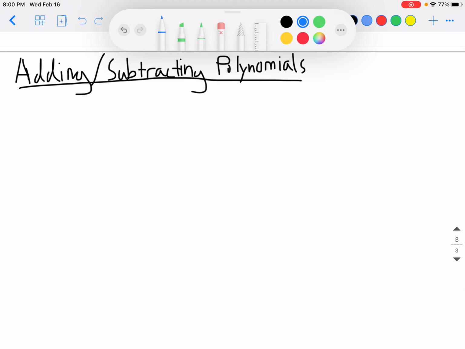Hello and welcome to this video where we're going to do an example of adding and subtracting polynomials. Now in this one I'm going to do a slightly harder example. So what I'm going to do to make it a little bit more challenging is I'm going to include some multiplying first. And so let's say we have 4x and we're going to times this by 3xy minus 2x plus